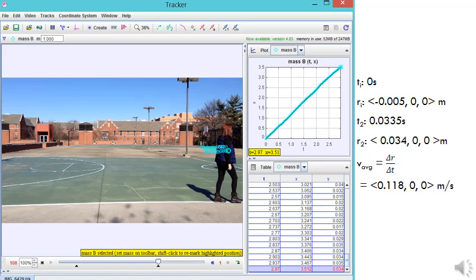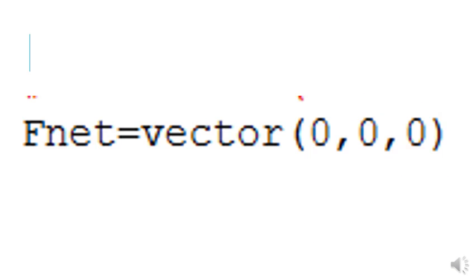Then, I constructed a computational model of what the object's path should have looked like according to the obtained first data points from Tracker and Newton's second law. The model implements Newton's second law to predict the velocity and position of the future. In order to do this, we have to assume that there are no net interactions from the surroundings. We do this in the code by setting F net equal to 0,